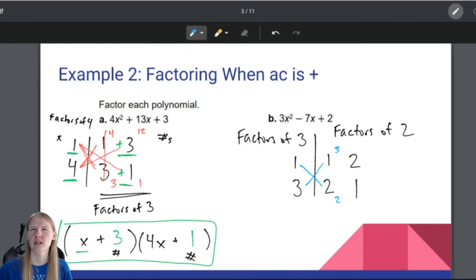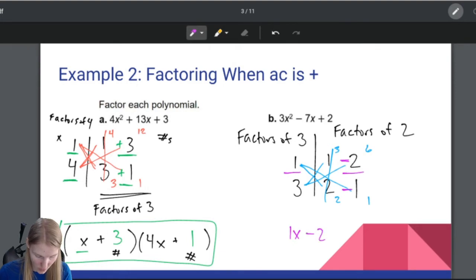Can I add 3 and 2 together to get me -7? Let's see, even if I had -3 and -2, that still only gives me -5, so that's not going to work. But if I do 3 times 2 is 6, and 1 times 1 is 1, hey, okay. If I take -6 and I take -1, that will give me -7. So what this tells me is that I have 1x minus 2, and remember I don't need the 1 in front of the x there,